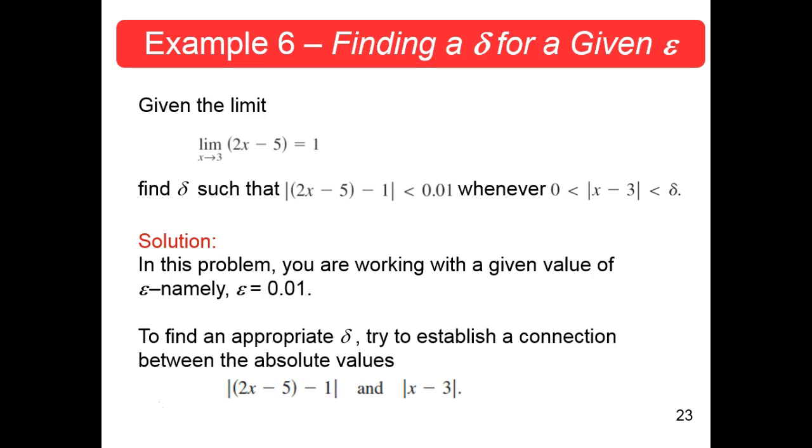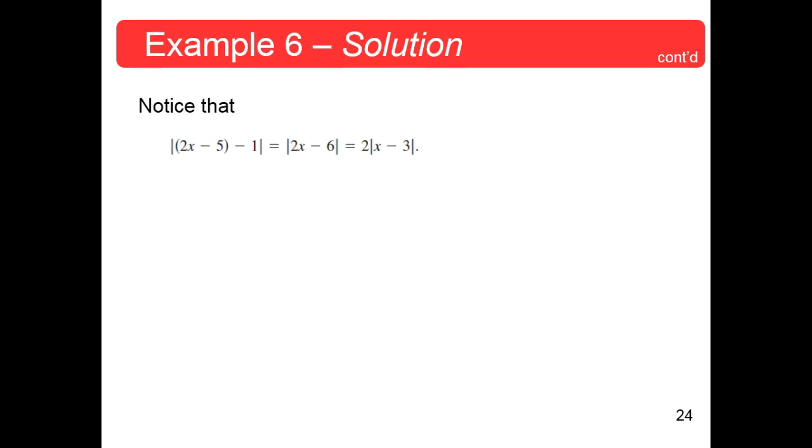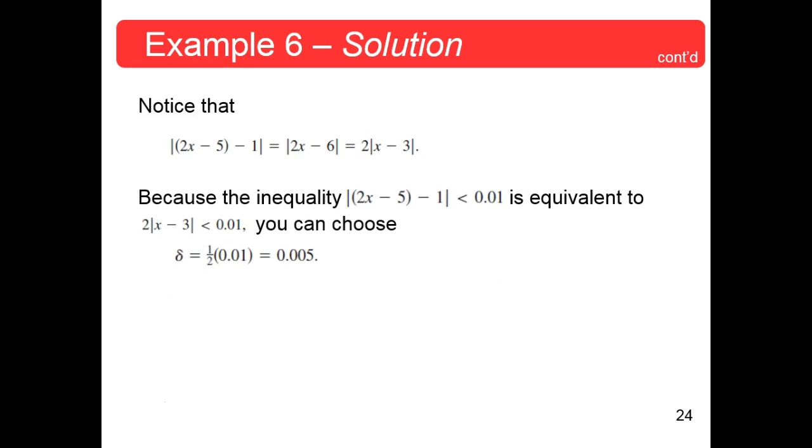There's f of x minus 1 and the x minus 3, whatever your limit is, x minus that limit. That's what we do here. And just like we did, you separate that, and there you have it: 2 times absolute value of x minus 3 less than 0.01. You can choose delta to be half of 0.01 and get